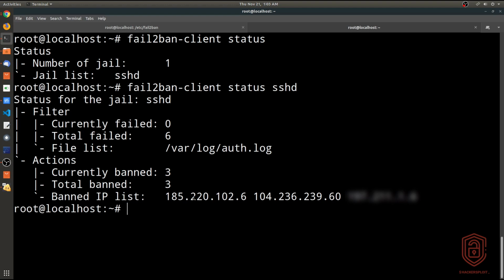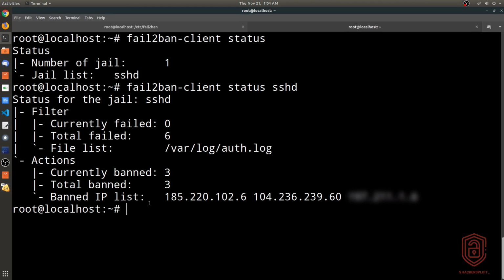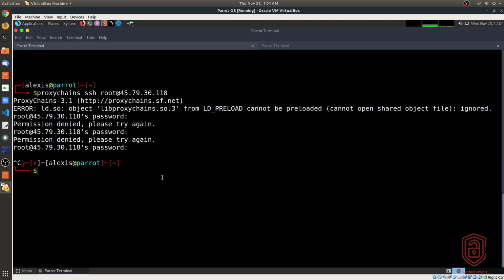You have the banned IPs that I think we used with AnonSurf and also with Tor, and my IP address here, which for some reason it blocked. I think that's because I disabled AnonSurf and Parrot was using my IP. In any case, what we can do now is we can go back into Parrot, and if we take